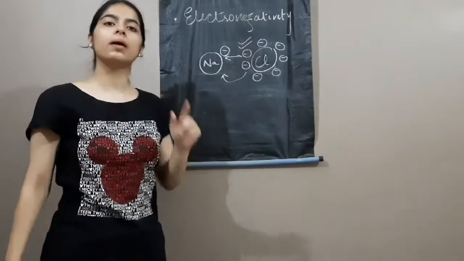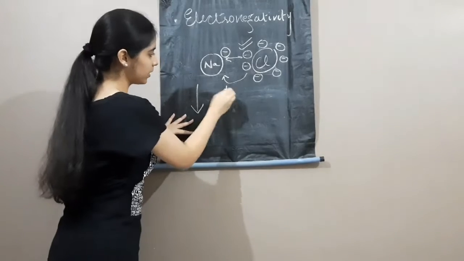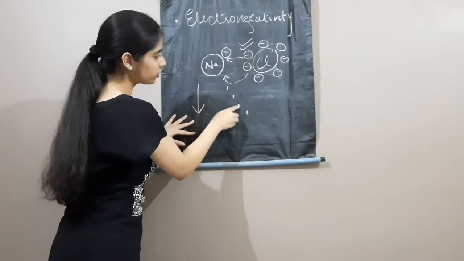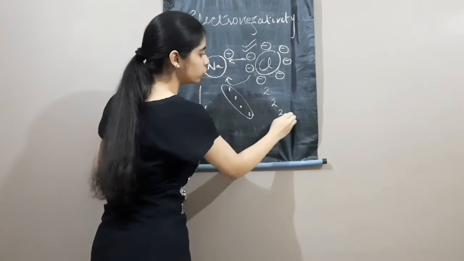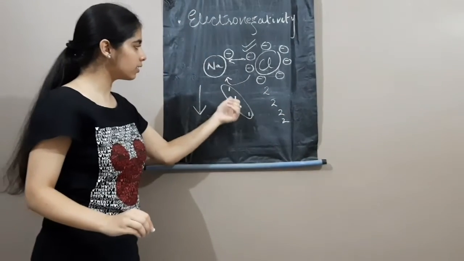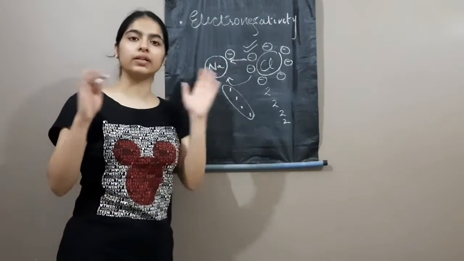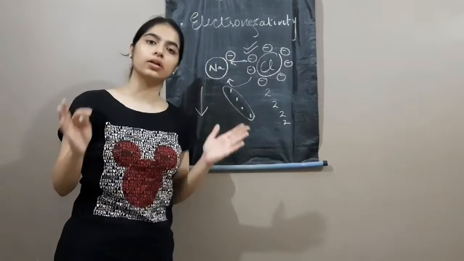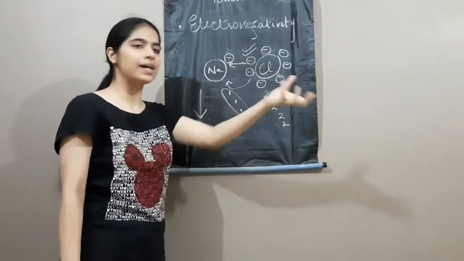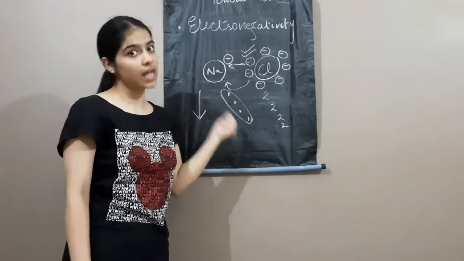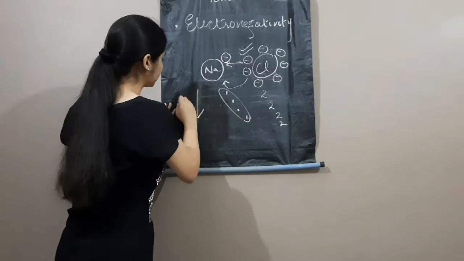Now when I talk about going down the group, taking just group 1, the number of electrons remains what? 1. If I am talking about group 2 also, 2, 2, 2. Now what does that imply? The number of electrons are the same. So here the electronegativity will be less, because of the greater atomic size and greater number of shells, as one electron cannot pull 7 electrons, but 7 electrons can pull one electron. So this implies what? Down the group the electronegativity decreases.